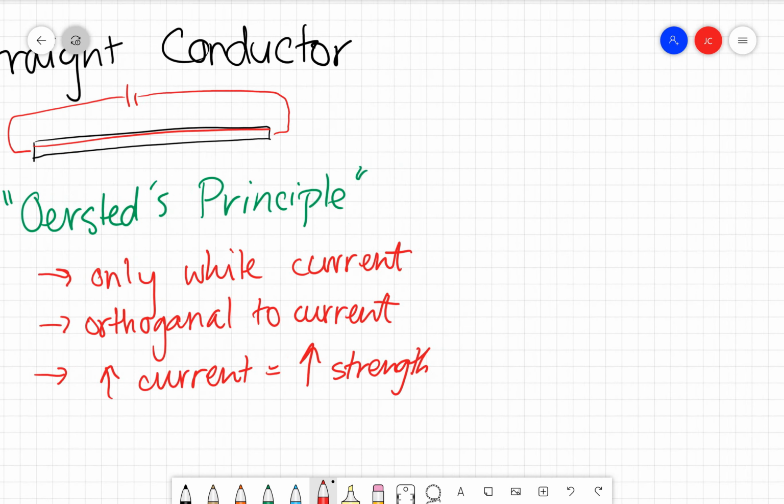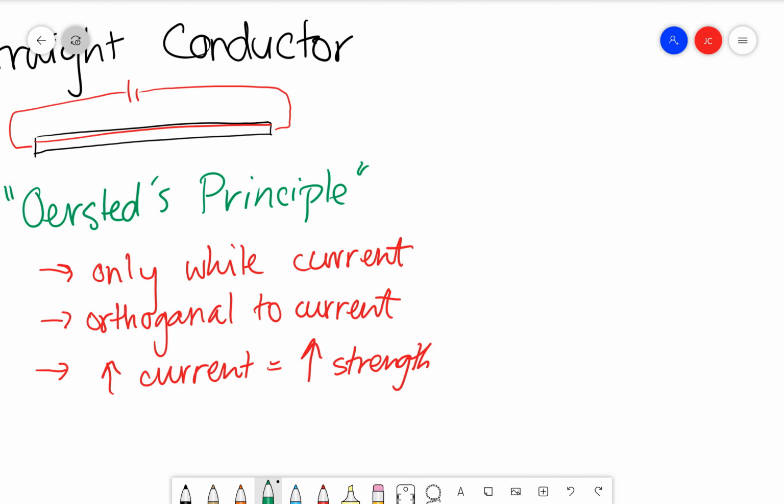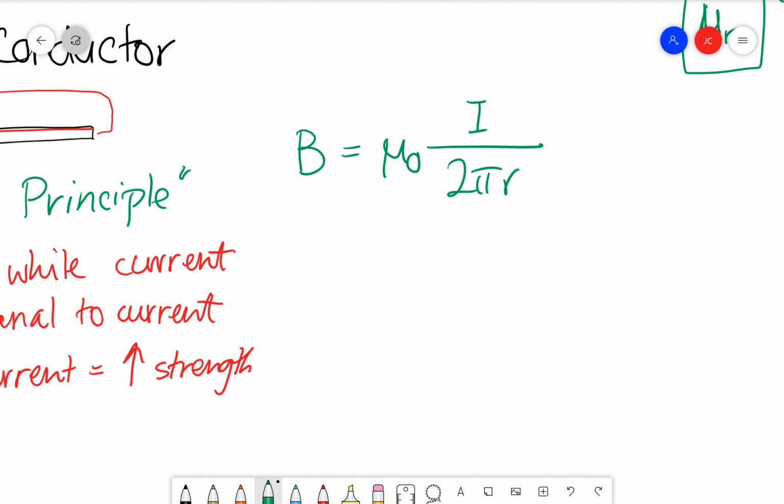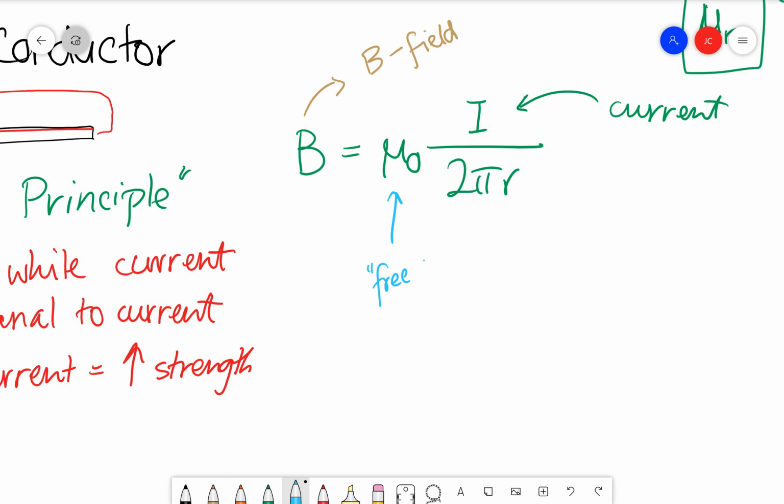There's actually an equation to describe this, and the equation looks like this. Now I'm going to explain each part of this. So we already have met a couple things here. I is the symbol for current. We know this from our video on electricity. And B brings to mind B field, which is what it is. It is the strength of the magnetic field, the value we're trying to find. We already know mu0, it's the permeability of free space. And then finally, we're dealing with 2 pi r, and r is literally just the radius that we're measuring this